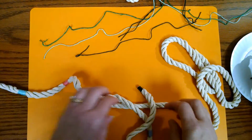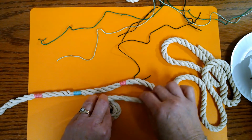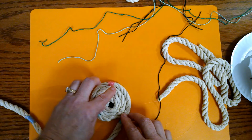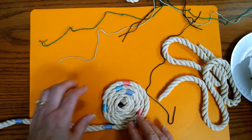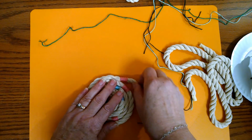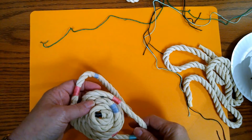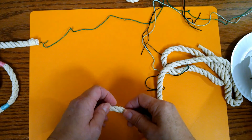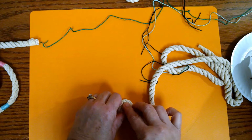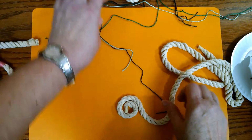And then now that that's done, I can begin coiling my rope and seeing how that's going to look. I discovered that it's really hard to just randomly go a few inches and expect the colors to land where you want. As you can see, I loosely wrapped this one up, and there's a pink next to a pink, and it's not exactly how I planned it. So the next time I do it, I'm going to do a little bit of coiling and then hot gluing, and then when I get to a spot where I think I'd like to add color, I'll just stop the gluing, add the color, and then continue. I think that way we're going to be able to see better where we want to put the different